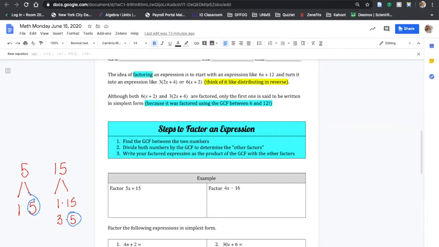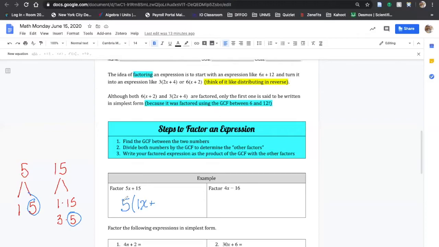Step 3, it says write your factored expression as the product of the GCF. So the GCF between these two is 5. So first thing I'm going to do is put a 5 here, multiplied by, right? It says divide both numbers by the GCF to determine the other factor. So what I mean there is 5 times what gets me to this 5 here? That's just 1. So it's 1x